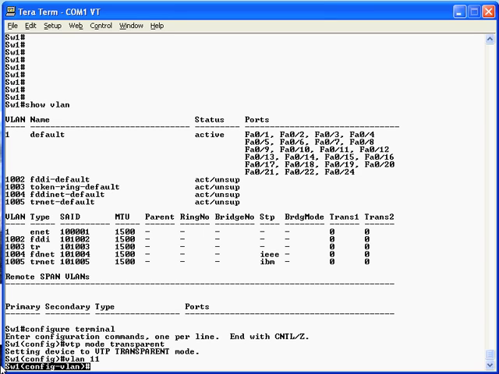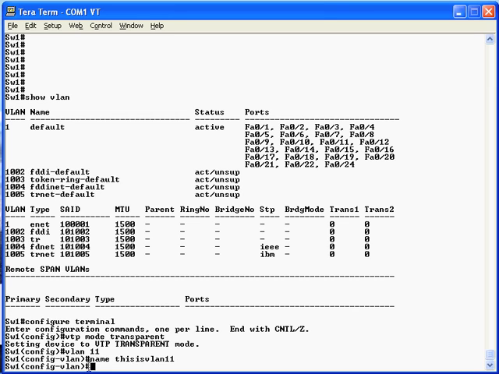Now you don't have to configure anything else about the VLAN, but if you'd like to assign a name to the VLAN so it's more meaningful to you, you can do so. In this case I'll use the name this-is-vlan-11 command to assign a name to the VLAN. So that's the first two steps, setting the transparent mode and then creating the VLAN. At that point you just need to assign each interface to that VLAN that you want to be in that VLAN. In our case, we want to put interface FA0/11 into that VLAN, so we'll type the